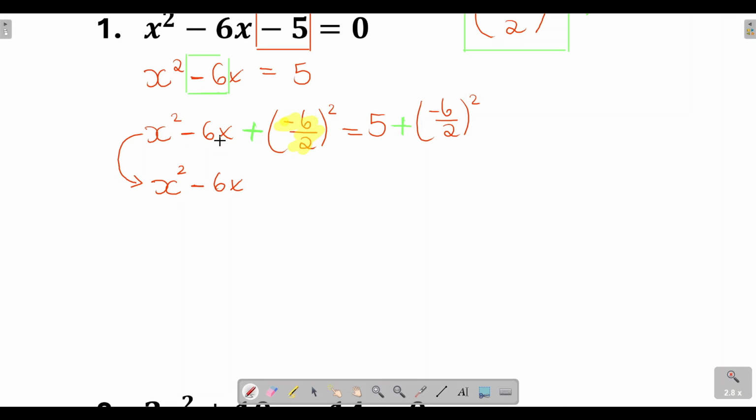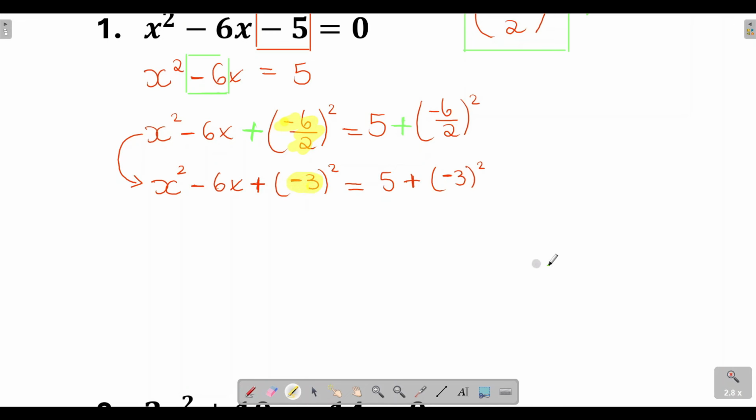So it's going to be minus 6x plus, if it's minus 6 divided by 2, I'm going to keep it as a negative 3, all squared, so that you see what's happening, which is equal to 5 plus, I'm just going to keep this as a negative 3 all squared. I'm just simplifying there. I'm going to highlight this inner bracket, what's inside this bracket here,